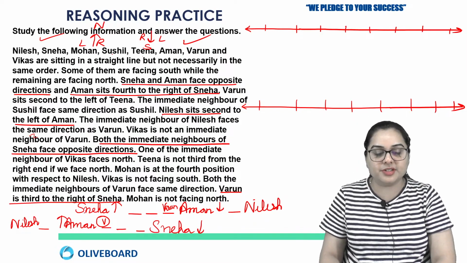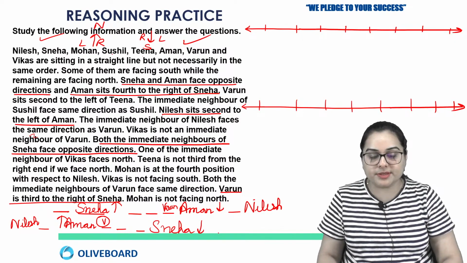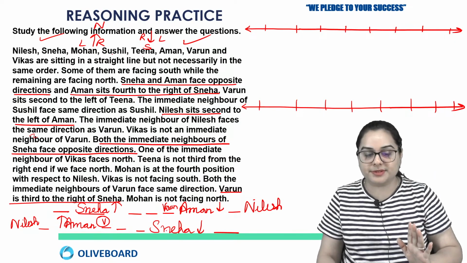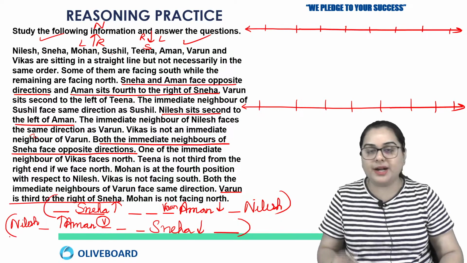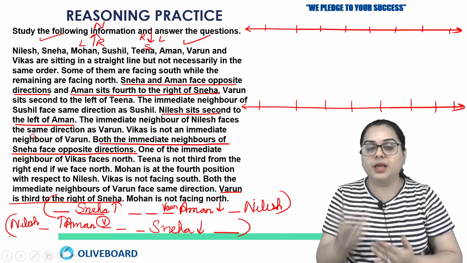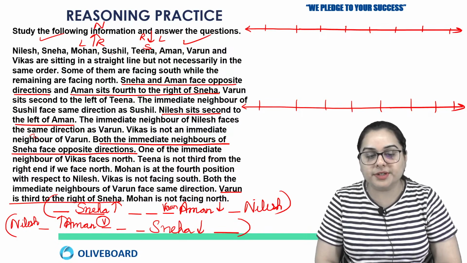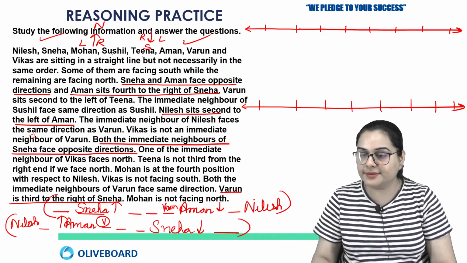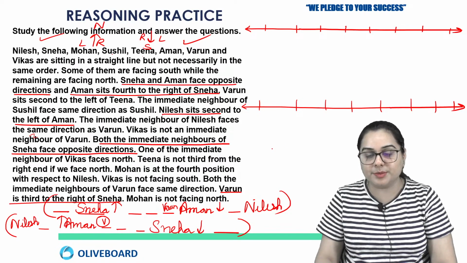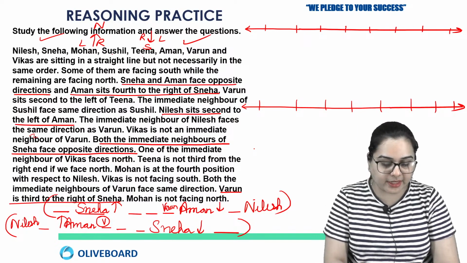This suggests that in the first possibility, Sneha is here, so before Sneha there is 1 person, and in the second possibility, after Sneha there is at least 1 person. Now you can count: this makes 8 people in both the possibilities. Now I can put these 2 possibilities in my row and take the solution. Is this much clear to you all? Students, kindly confirm. Yes? Correct, PK: both the neighbors of Sneha suggest that Sneha is not at the end. Kindly inform me.